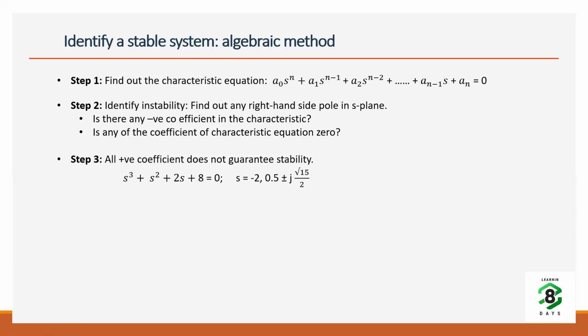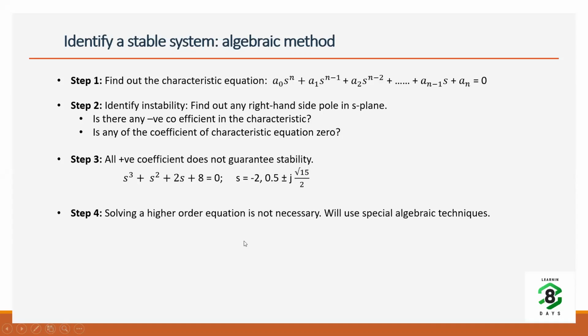If the system is second order, you can say all positive coefficients mean the roots are negative, but a system of third order or higher does not guarantee the same condition. So you have to solve that characteristic equation. And can we solve a fourth order, fifth order equation easily? At least I cannot. I cannot solve a sixth order equation manually in the exam hall. If you give me time, I can probably do it over a few days, but not easily.